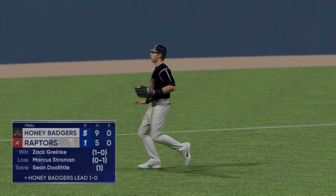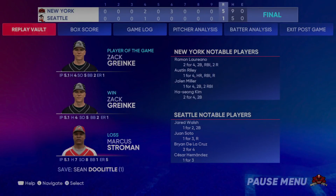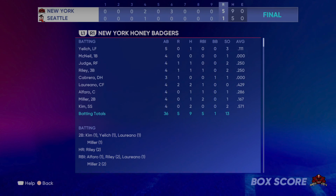There's the final out. So the Honey Badgers lead the series 1-0 now, and Zach Greinke gets the win in this one and gets the player of the game, actually. The loss goes to Marcus Stroman. Sean Doolittle, it says that he got a save. I don't know if they actually counted that towards him, but